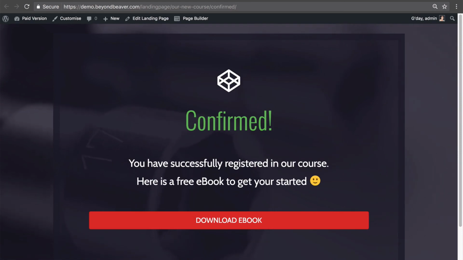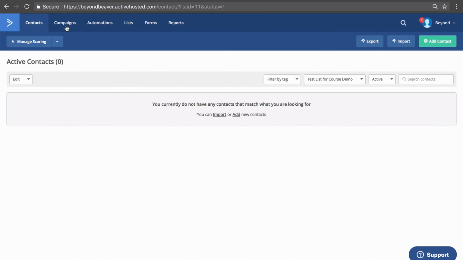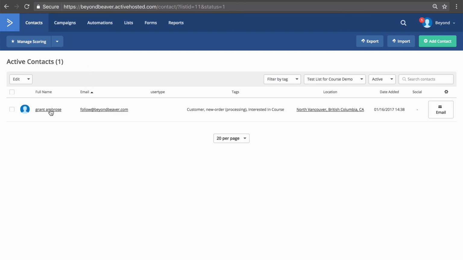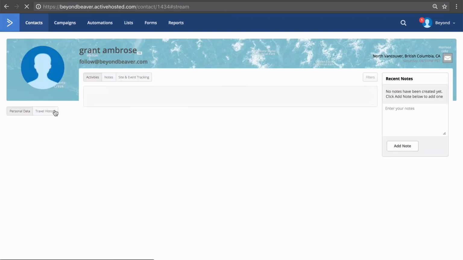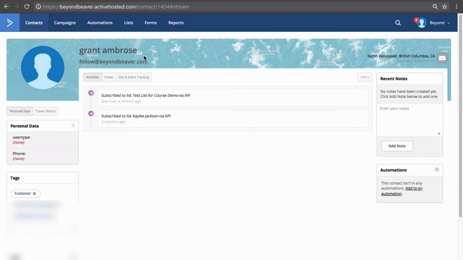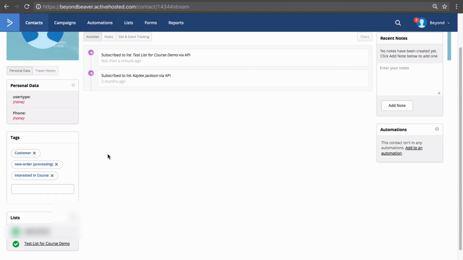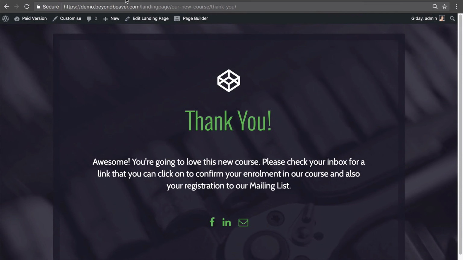And if we jump back into ActiveCampaign, in our list, if we just reload this, you can see there I am enrolled. It has my location. So I'm living in Canada right now. And then if we jump into the actual individual contact, we can see that we have the interested in course tag and a few other ones because I have another plugin that is installed there, adding these ones, WooCommerce. But interested in course, that tag that we added